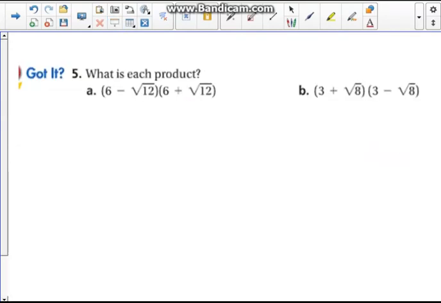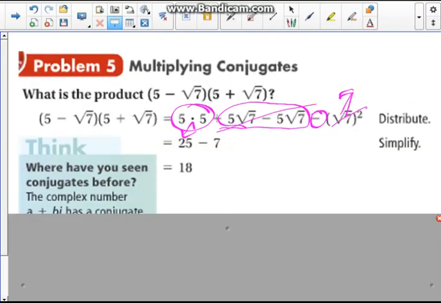Okay, here's our got it. We've got 2 of them here. You're welcome to work these. And I would like for my students in their workbook to work number 11, 12, and 13 in their workbooks. So pause now. I wanted to point out that just like in Algebra 1, when you multiply conjugates, it's always